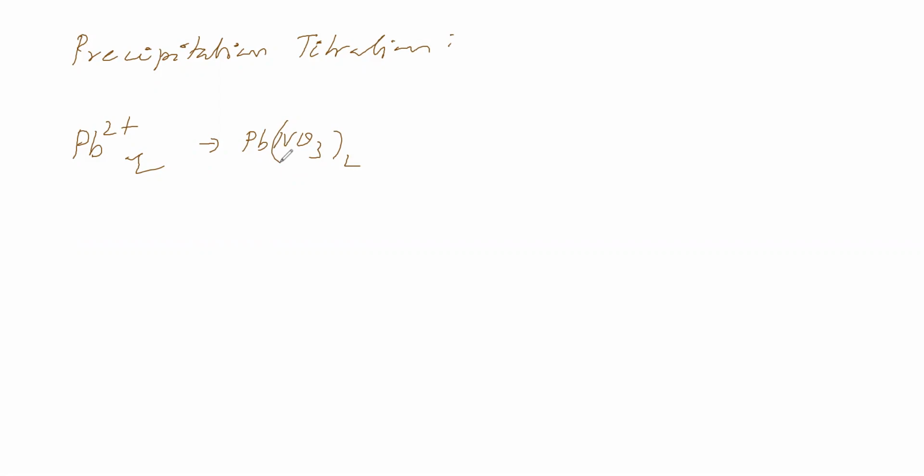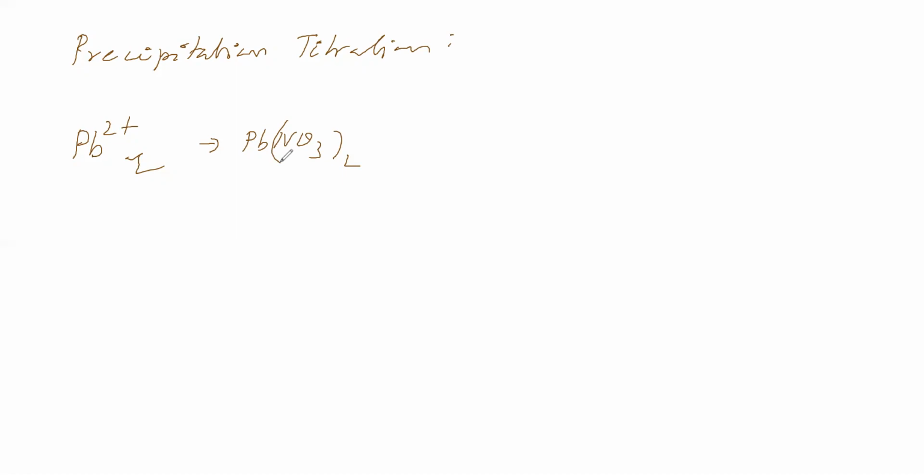In the group separation of cations, first you will do group 1. The group 1 reagent is dilute HCl. If you add dilute HCl and get a precipitate, that indicates a group 1 cation is present. If you do not get a precipitate, you will go for group 2. The group 2 reagent is passing H2S gas. If you pass H2S gas and get a precipitate, you will come to an idea that a group 2 cation is present. If the precipitate is not there, a group 2 cation is not there. Therefore, we have to go for group 3.